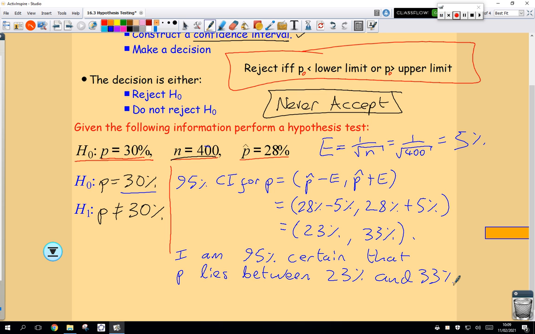So the question is, do we reject or do we not reject? Well, remember, we're going to reject if and only if the claimed value of P is less than 23 or bigger than 33. Somebody's claimed the true population proportion is 30%. I think it's between 23 and 33%, so they're not contradicting me. So my decision here